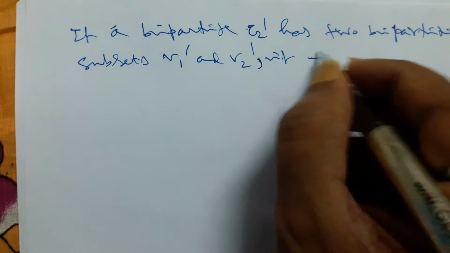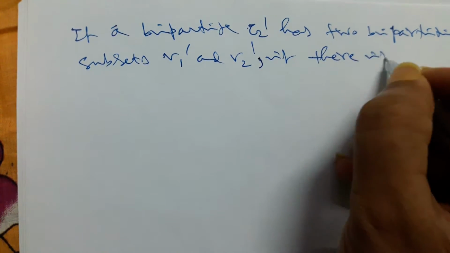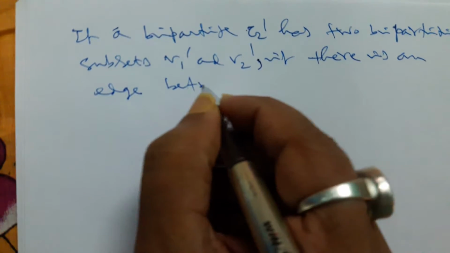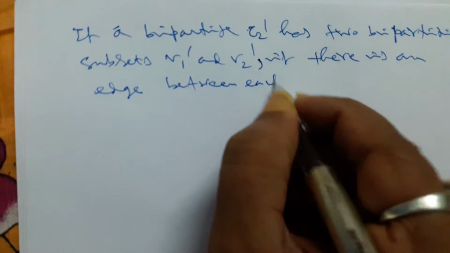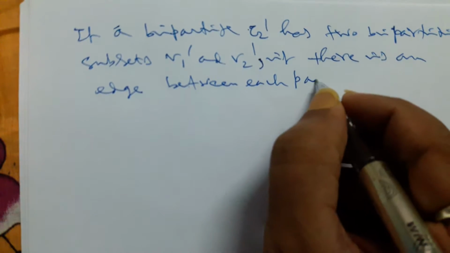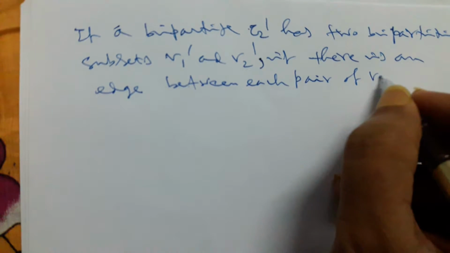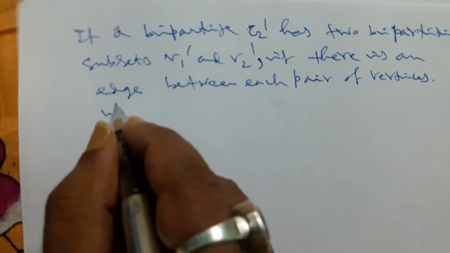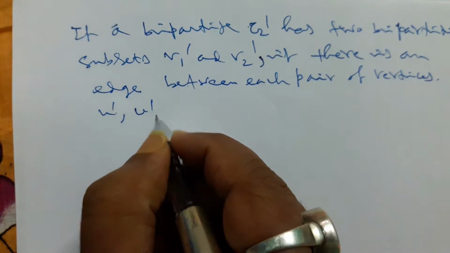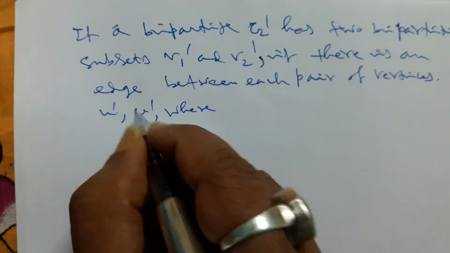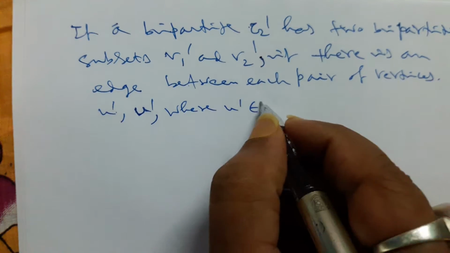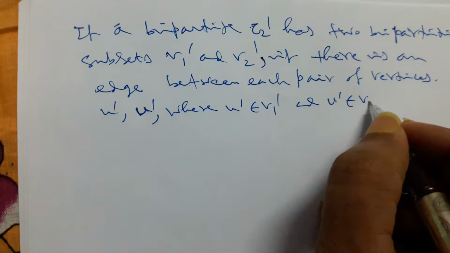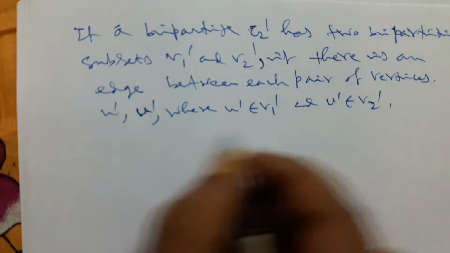If there is an edge between each pair of vertices u dash and v dash, where u dash is a member of V1 dash and v dash is a member of V2 dash,